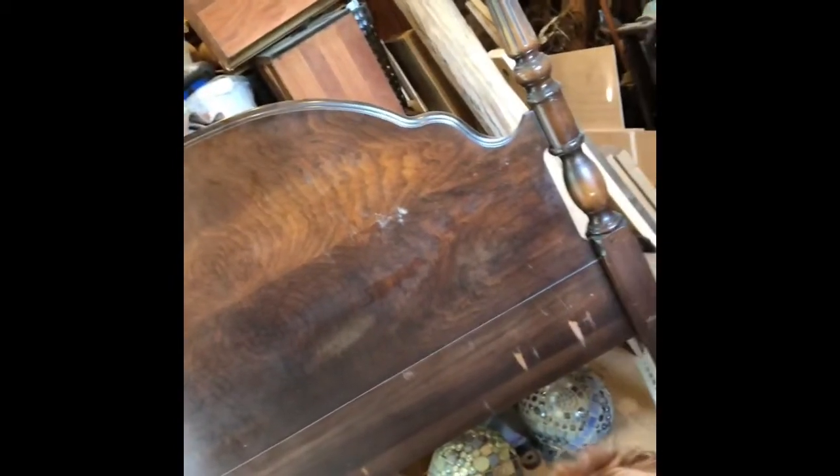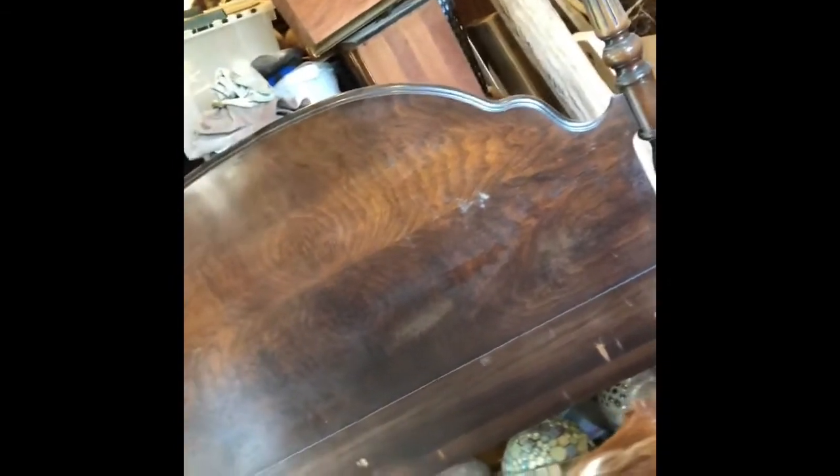Hey guys, okay, so I've been building a lot of benches lately, and I have this headboard that I am going to turn into a bench with the help of